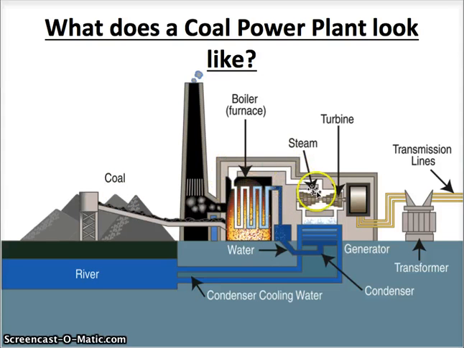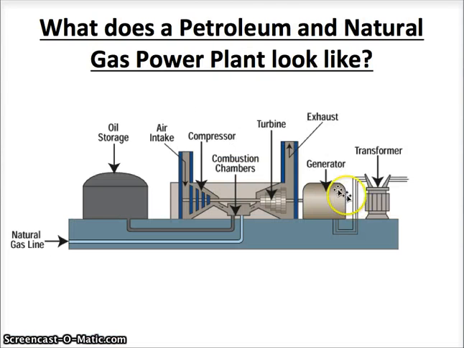The steam is what spins this turbine really quickly, and as it turns, it generates electricity from the generator. If you look at a petroleum and natural gas power plant, it's pretty much the same thing, except you burn petroleum or natural gas to create the steam. It spins the turbine here, which creates electricity in the generator, and then the electricity moves to the transformer and